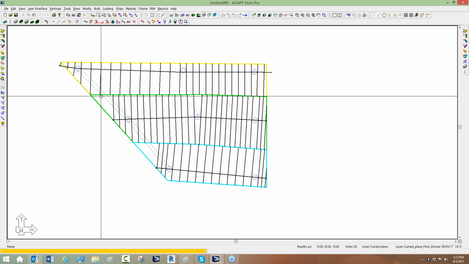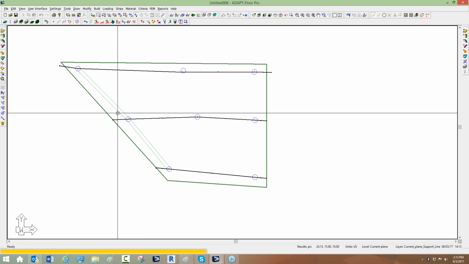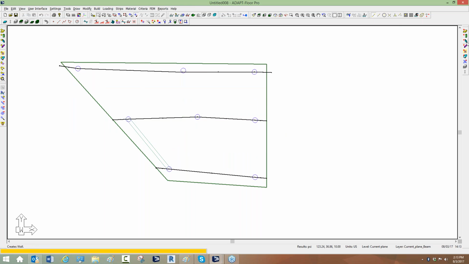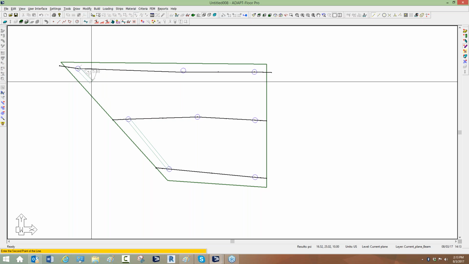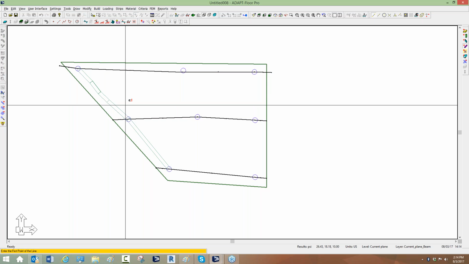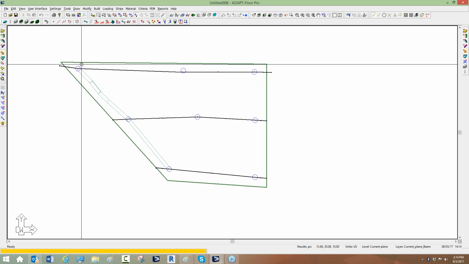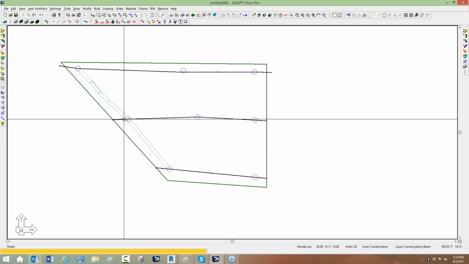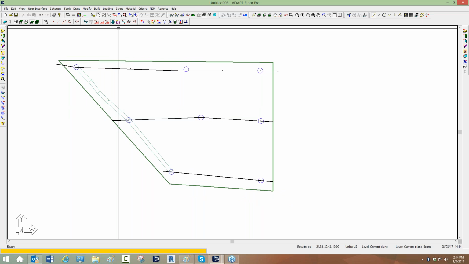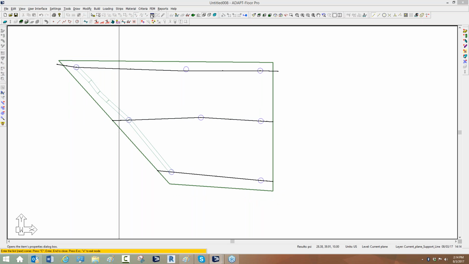So what we recommend to fix that is the user has to segment the beam. So you end up taking this beam and you create multiple segments for this beam. So there's segment 1, segment 2, segment 3. In terms of action continuity, this would produce the same moment diagram that you would get from the beam being one segment. But from a support line standpoint, when I go in and I generate my support line in